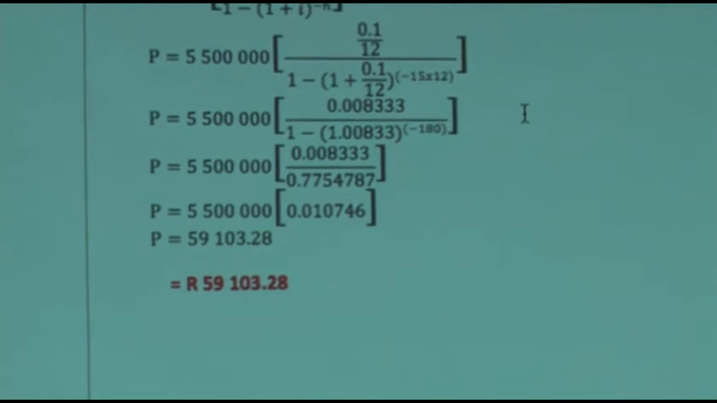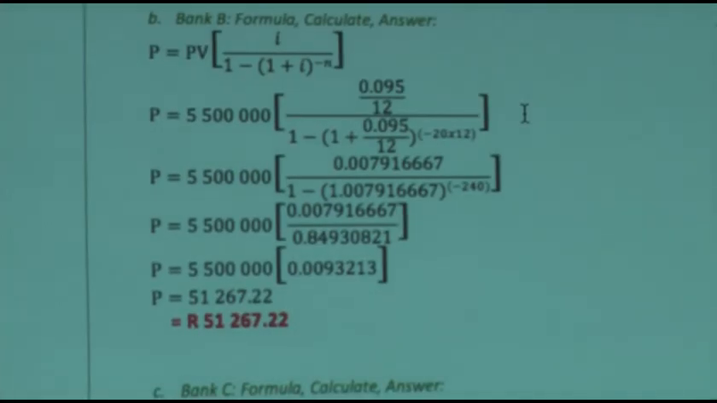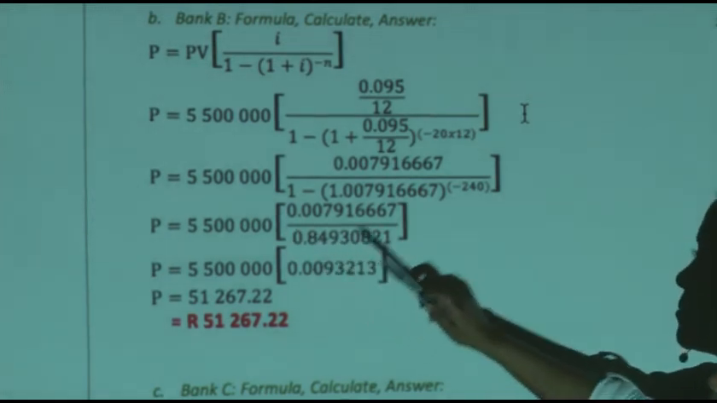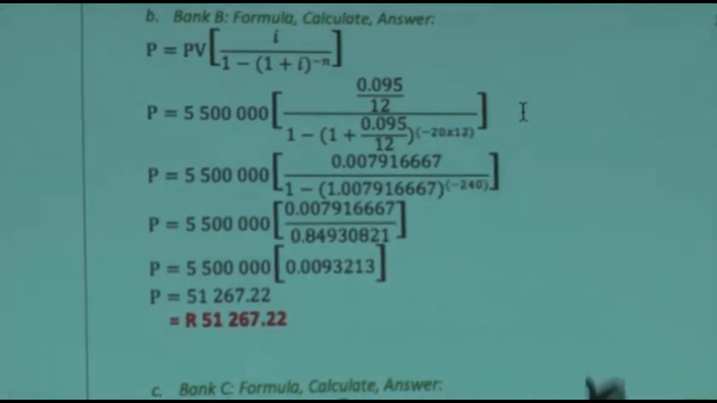Right? So Bank A will say, for 15 years, you need to pay 59,000 every single month to afford that house of 5.5 million. The multiplier is 0.010746. Bank B, formula calculate answer, the same 5.5 million, we're breaking it up, but the 9.5, you must also know